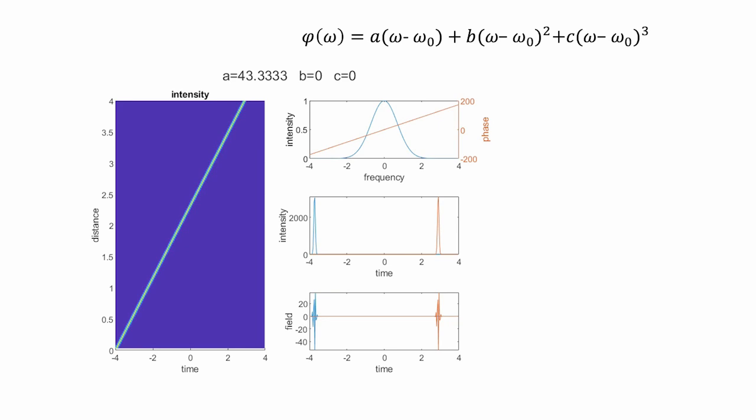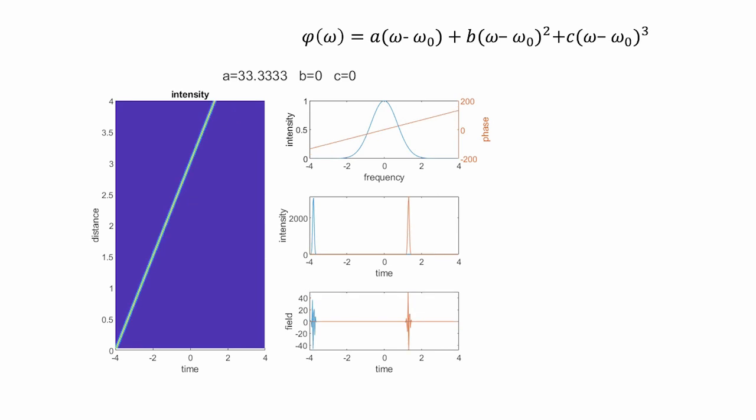And then at the bottom, you have a blue pulse. The blue pulse in time is the pulse we have at the beginning. And the red pulse is the one we have at the end at distance 4 in arbitrary units. You can see that the pulse just kept its shape and just moved a certain distance. And you can see the field down there, you just see the oscillations in the electric field. Now, in the next one, what I will do is change the A coefficient. Please, the next one.